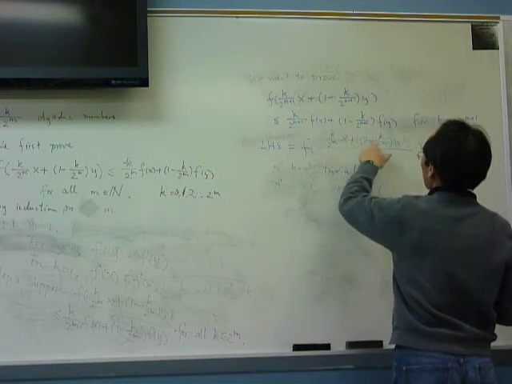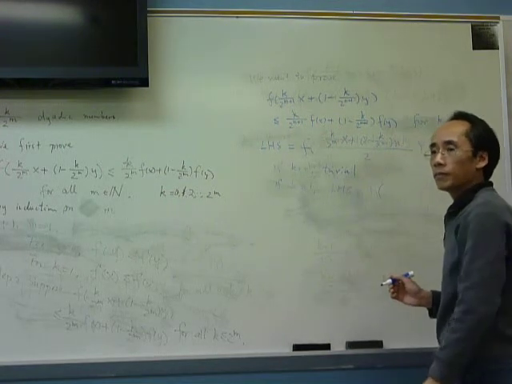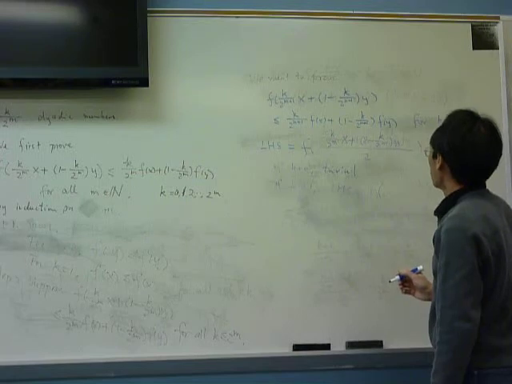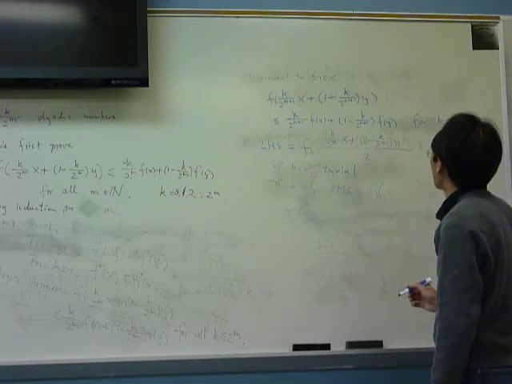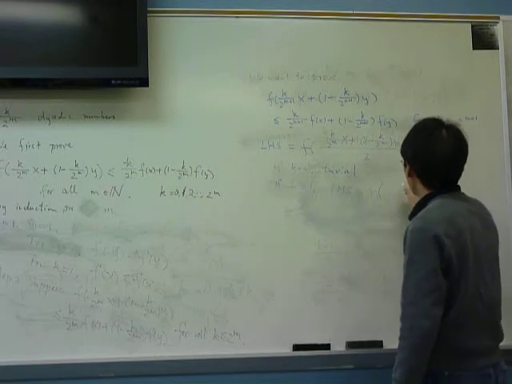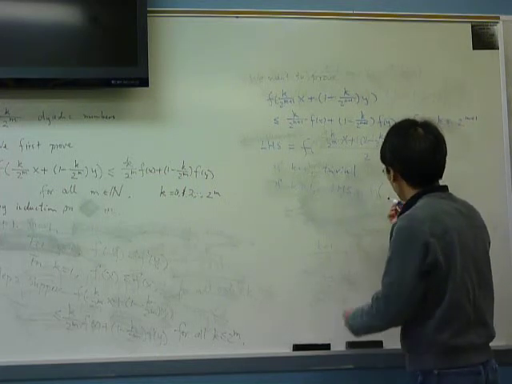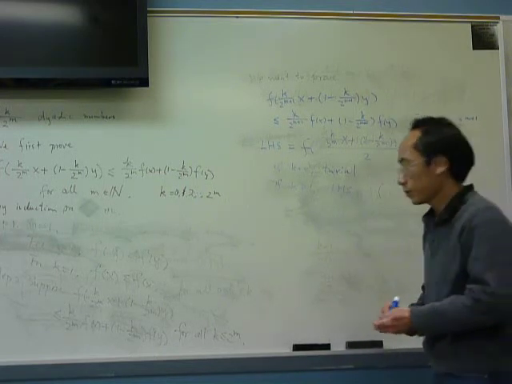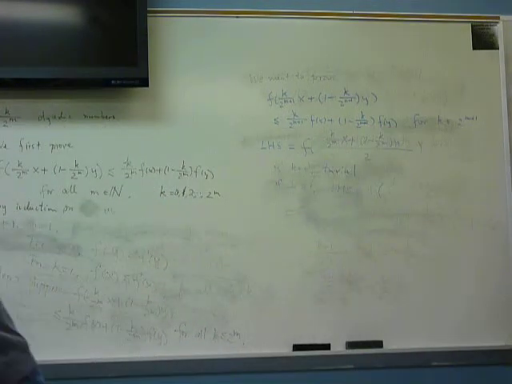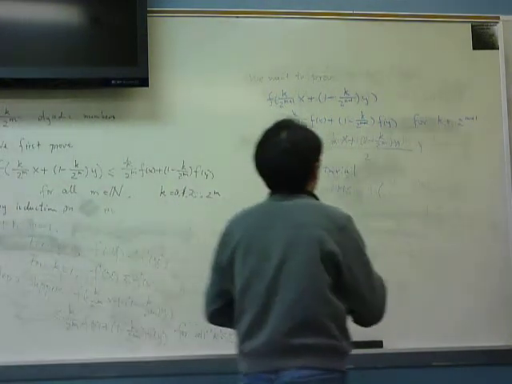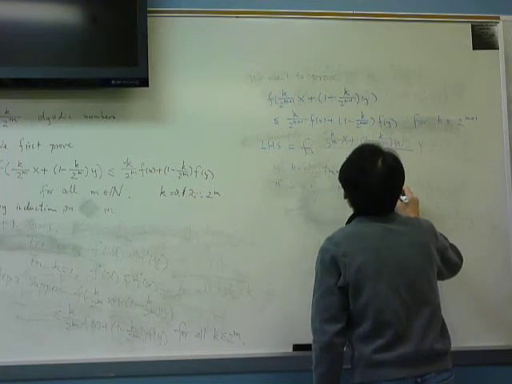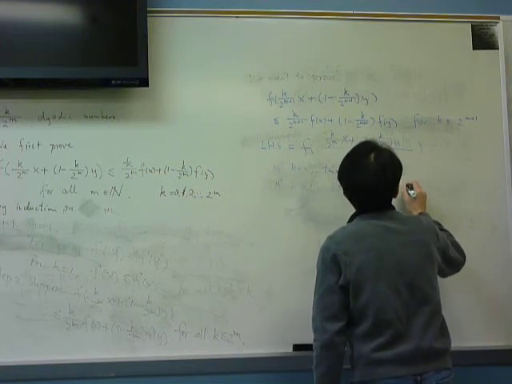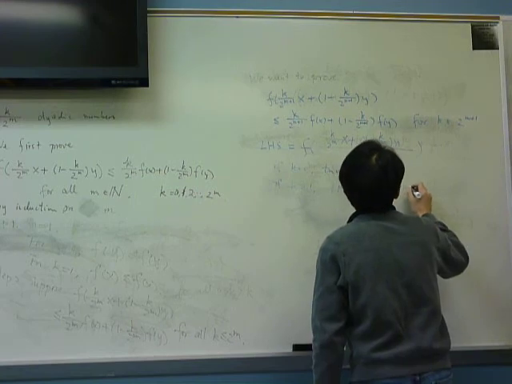So then this plus this equals 2, it's not 1, right? So now this equals, I can change it to k over 2 to the m x plus